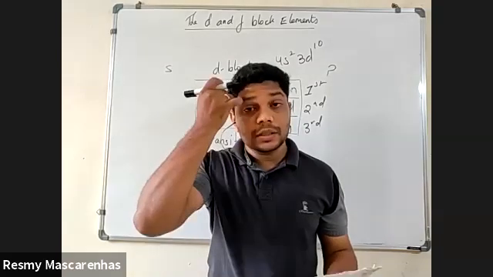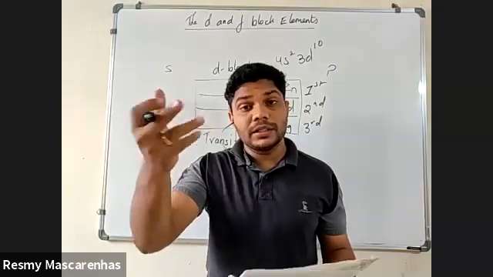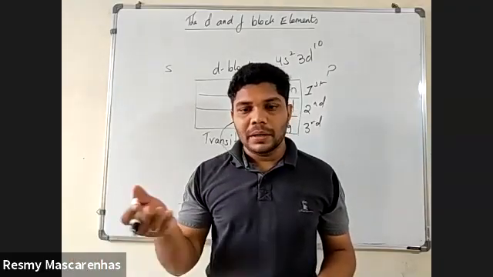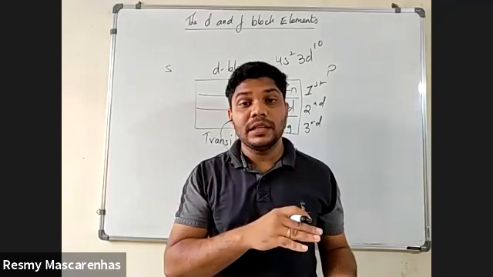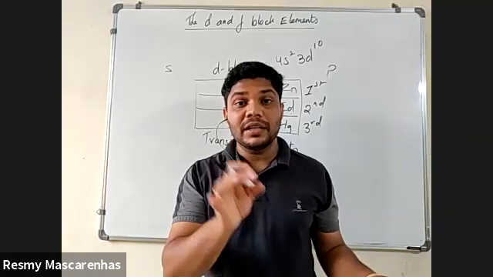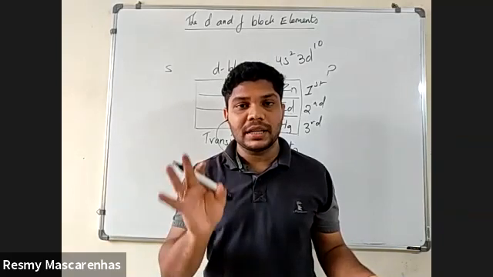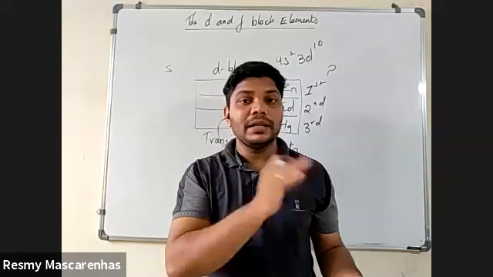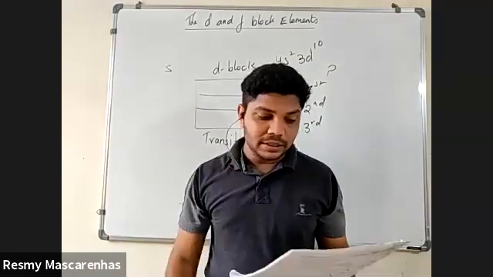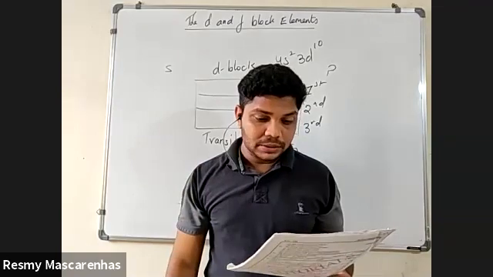Now in your own words, can you please tell me why they are not considered transition elements? Because they have a complete d orbital, and the last shell is completely filled. Very good. So this is what you can explain with respect to the elements, but at the same time you can explain the transition element: wherever incomplete shells are there, those particular elements can be called transition elements. In this case, the shells are completely filled, so you cannot call them transition elements. Please take down the answer.